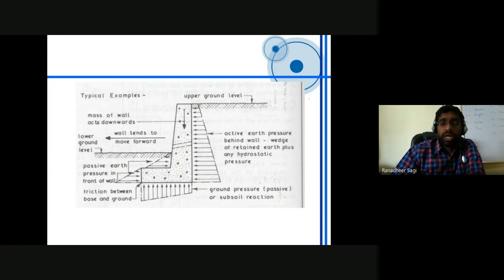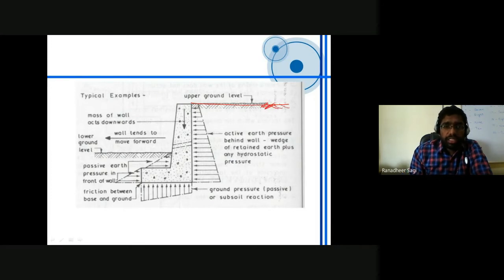So, when you are going to design a retaining structure, a retaining wall for example, what are the different forces that are coming on that particular retaining structure? You have to take care of all those forces, and accordingly, you have to properly design the retaining structure there. So if you look here, this is the ground level on the higher elevated side, and this is the ground on the lower elevated side.